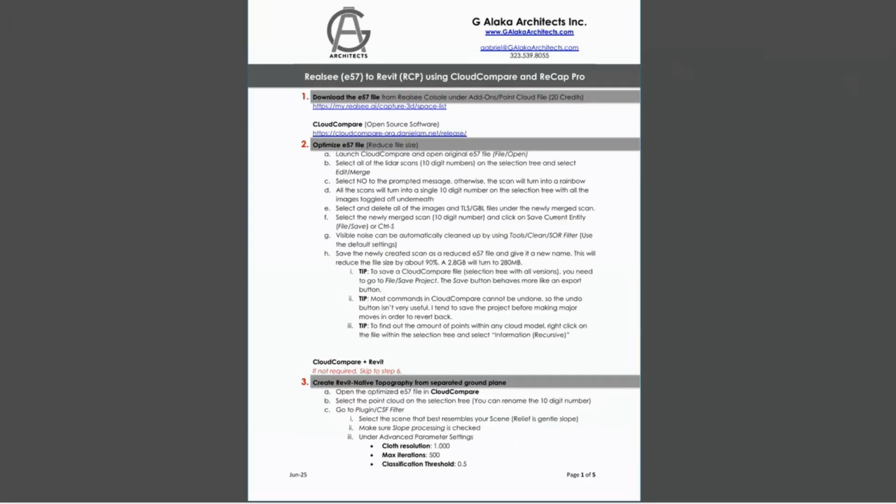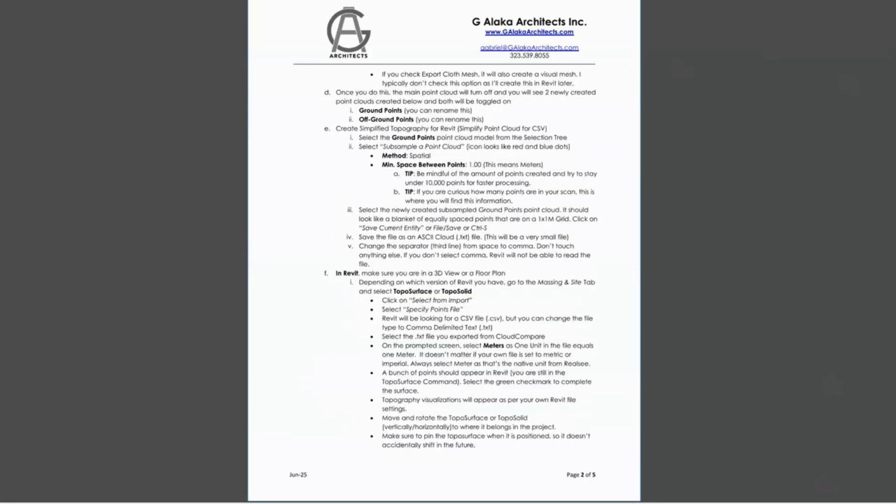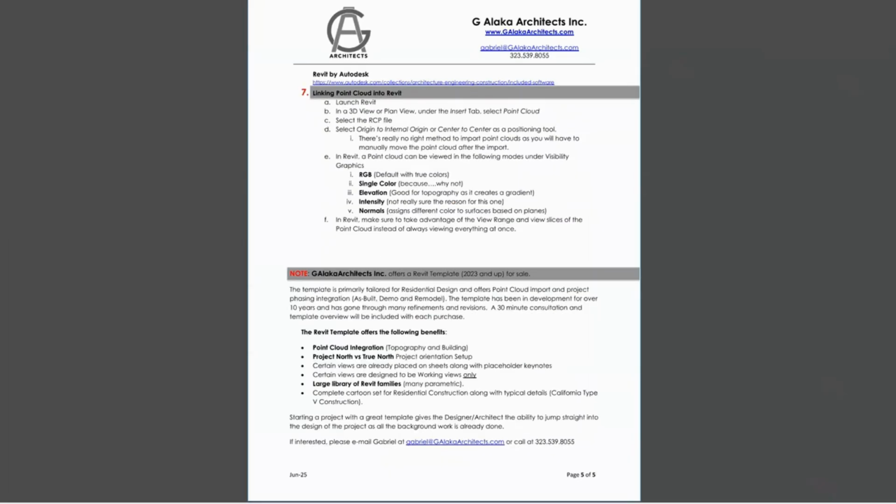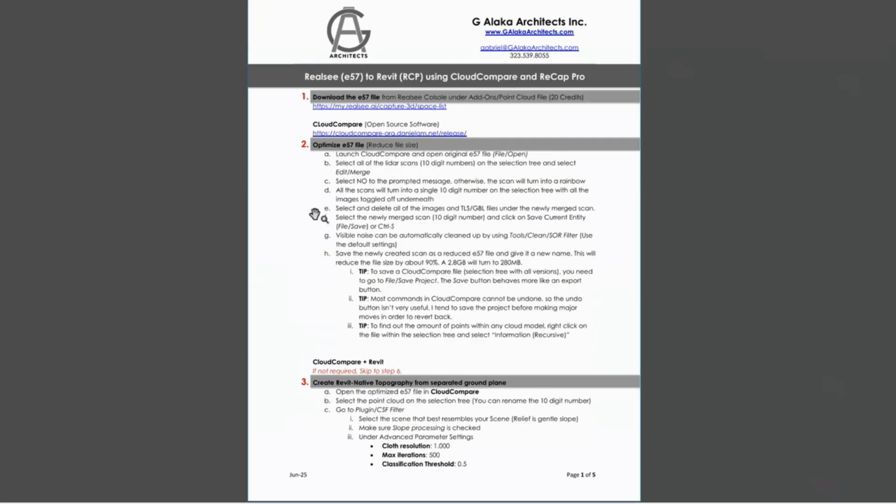I kind of stated this earlier, but I have a little tutorial, a presentation of all the steps I'm going to show you right now. If you want this file, just send me an email and I can send it to you with all these step-by-step instructions. Once you launch CloudCompare, you're going to go to File, Open,